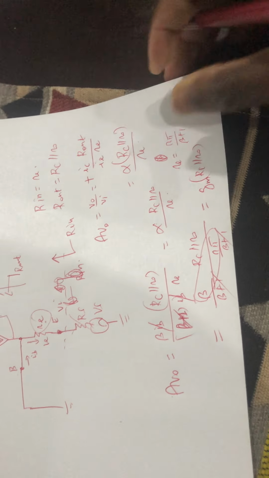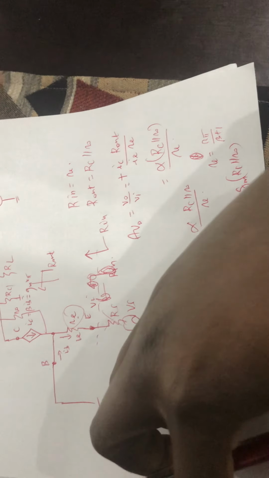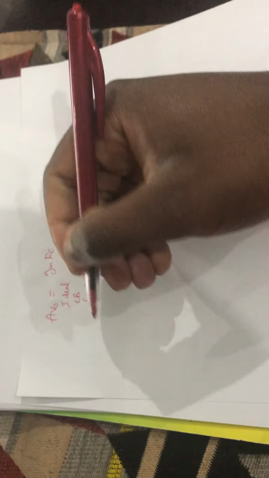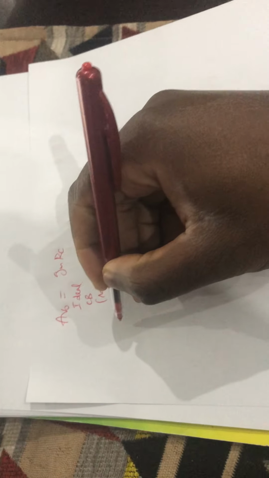So in an ideal case, one would have the unloaded gain to be simply GMRC, and that will be ideal of common base, of course. That is because RO will be infinite. GMRC, okay, and that will be the unloaded gain. What about the half loaded gain and the fully loaded gain? Let's start with the